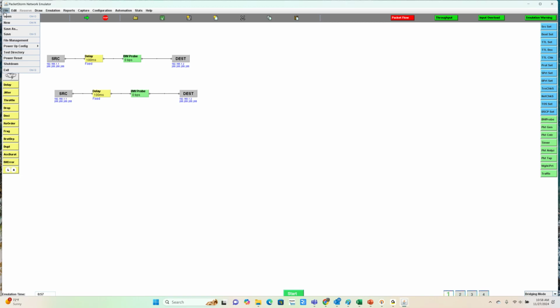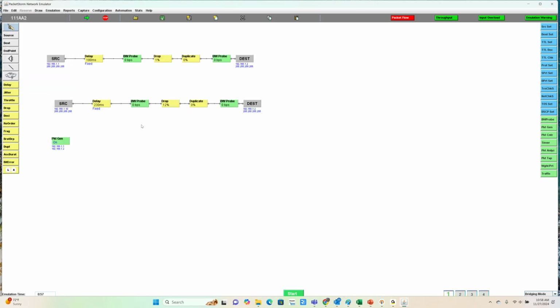And I've already adjusted these values and stored it away as a second test. You can see now I have .10 going to .2. I have a delay of 230 milliseconds, and I have a packet generator as well. So if I start the test